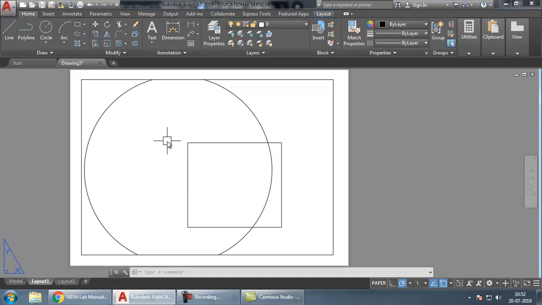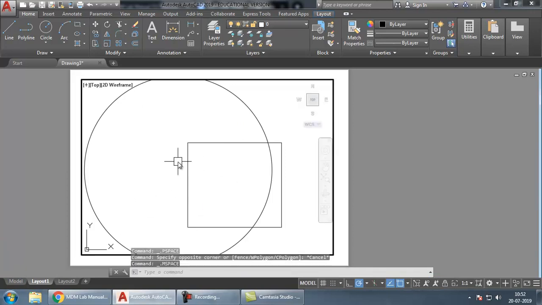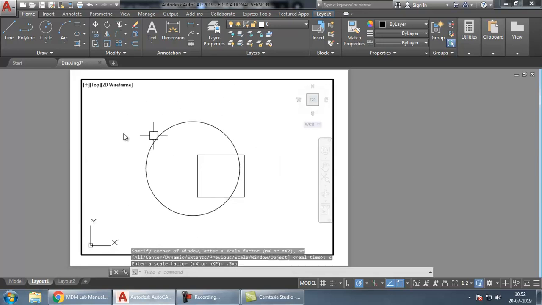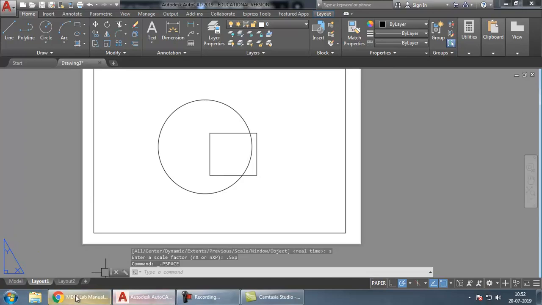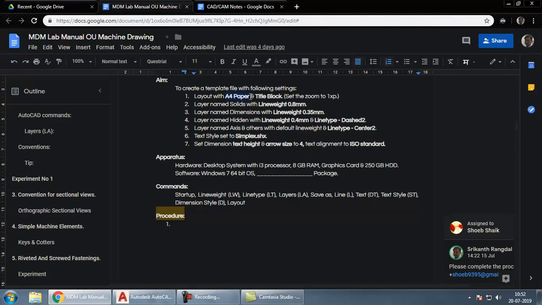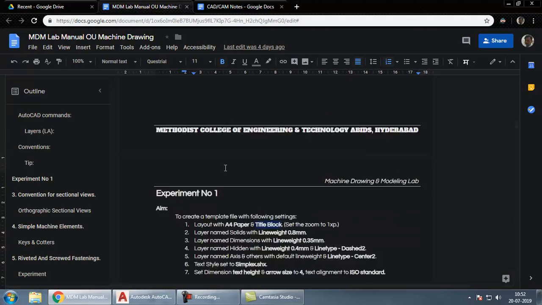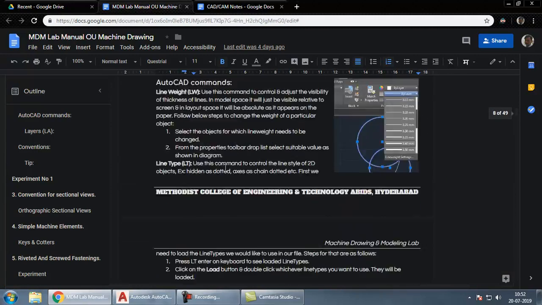In some cases the sheet is not enough for your drawing. If your drawing is very big, then you go for zoom, scale, half. For half, you have to choose 0.5 XP. So now the scale is 1:2. Fine. So we have set the A4 paper, and next we have to create the title block. For the title block, there are some measurements given here.